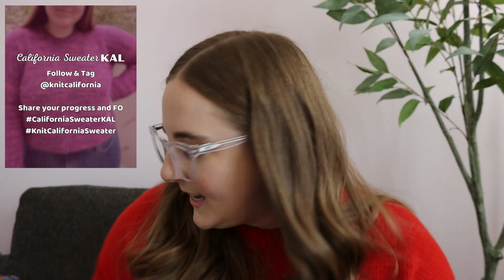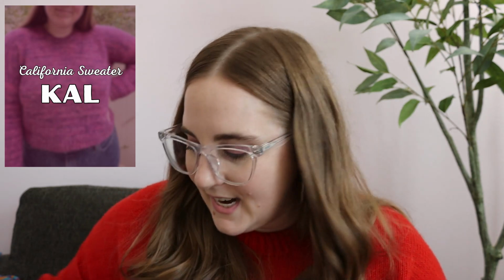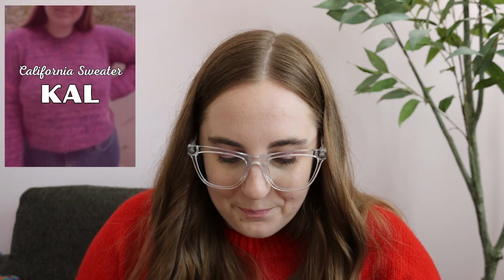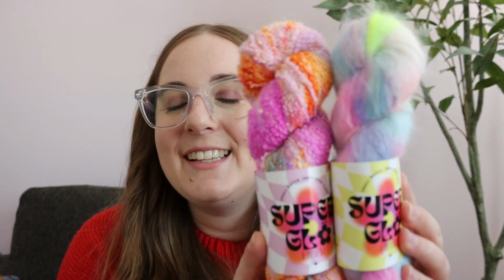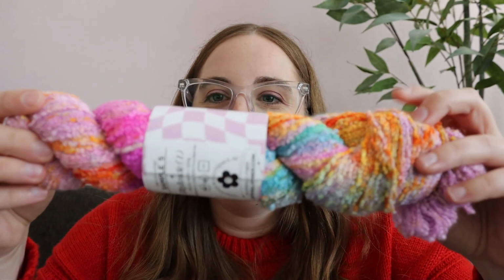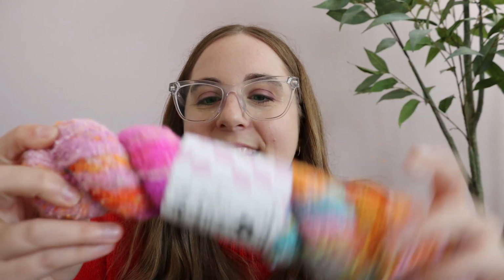So, speaking of this, I need a little bit of help because I have 2 sweater quantities that I want to cast on, and I just need your help in deciding which one to cast on first, or right now. The first one, I think I have shown to you in one of my planning videos, is this sweater quantity from Superglo Fibers. So this fun rainbow yarn is actually a Silky Boucle,